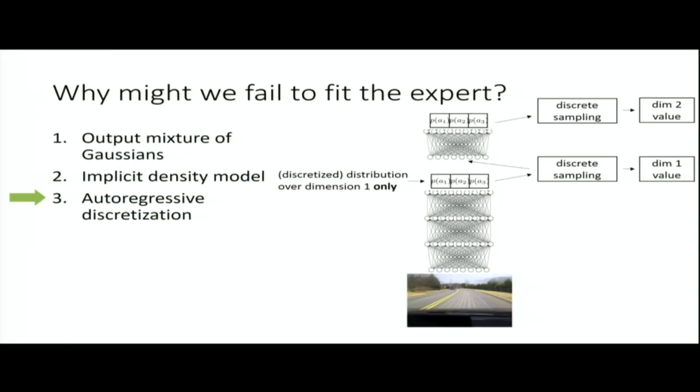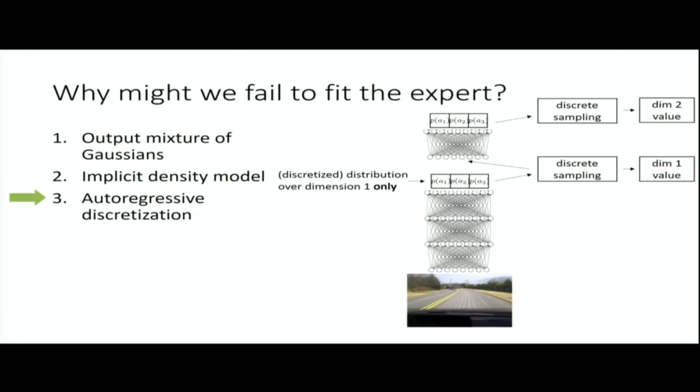Yes? You really briefly mentioned that very high dimensional discrete outputs are also a problem for having this kind of multimodal expert. Yeah, so you can use the same autoregressive trick if you have just many discrete actions. So if you have, let's say, discrete left, discrete right, step on the gas, step on the brake, the full action space actually involves the Cartesian product of all of those. So you can step on the gas and turn left, step on the gas and turn right, and so on. In that situation, even if the actions are inherently discrete, you might still benefit from this kind of architecture because you don't have to have the full joint softmax over everything.